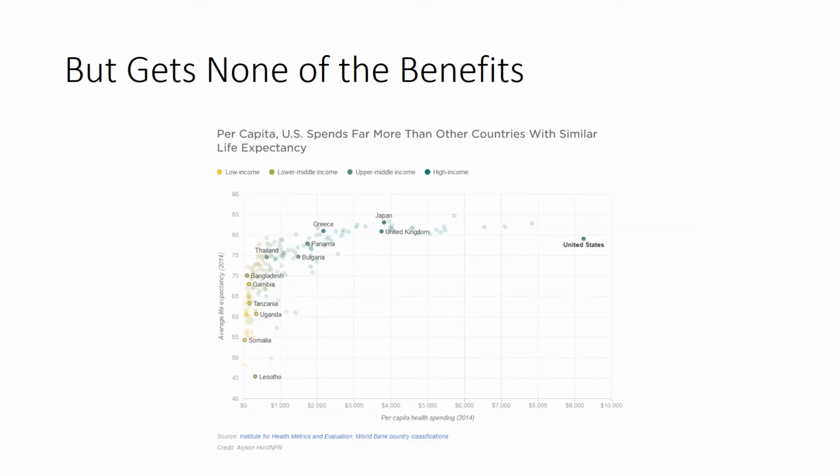And I really like this chart because they track per capita spending on the x-axis and life expectancy on the y-axis. And this is 2014. So in 2014, the US was spending about $9,500 per person. And if you draw a horizontal line from the y-axis, where the dot for the United States is, and look up, these are all countries who are spending less than us, but are living longer. They're spending less money than us on healthcare, but they are living longer lives.